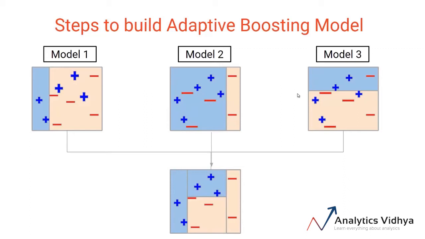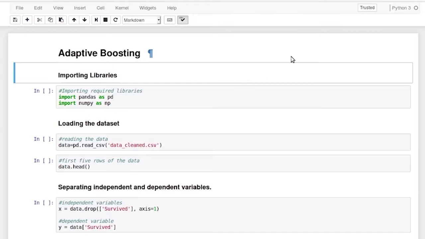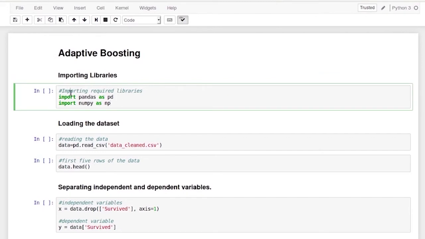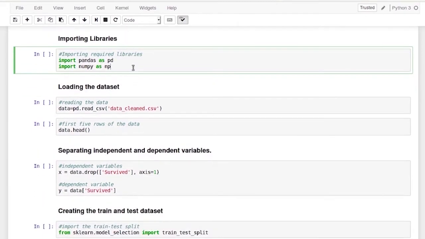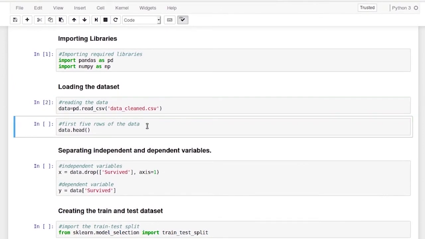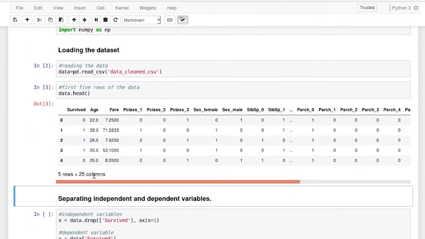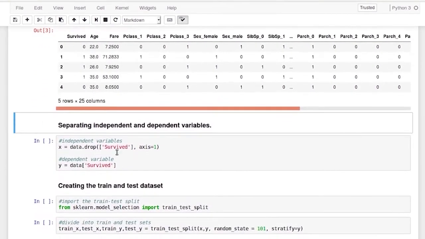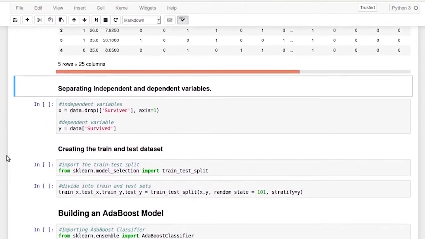Now that we have understood the working of AdaBoost, let's open up our notebook and implement this algorithm. We'll be using the Titanic dataset for the implementation. We'll start with importing the required libraries. We have pandas and numpy here. Then we load the dataset using the pandas pd.read_csv function. And here are the first few rows. So as you can see, we have the clean version of the Titanic dataset again, and you must be familiar with this dataset by now. And these are the common steps that we use in every notebook. So I'll quickly go through them.